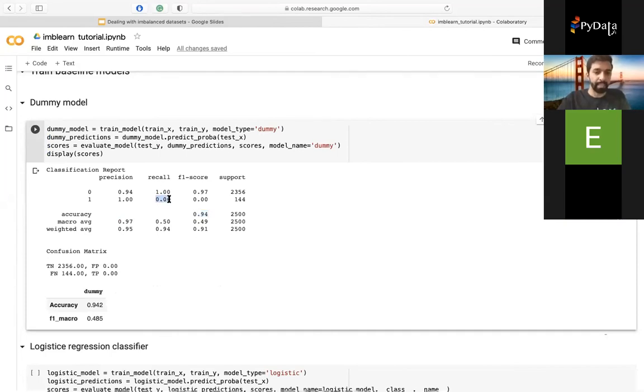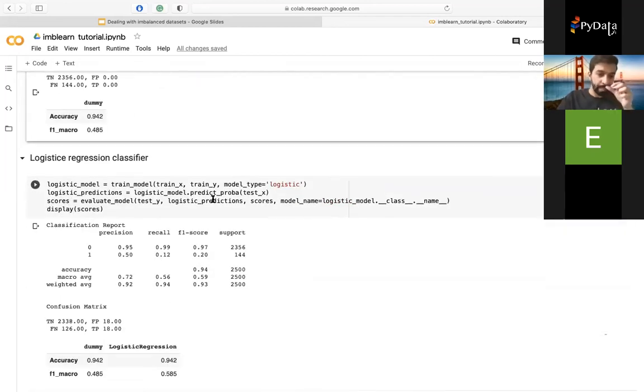And we see it has 0 recall. And precision is set to 1 because it's 0/0, so sklearn avoids this bug by just setting it to 1. We see the F1 score, it's 95 for the negative label, it's 0 for the positive label. The average is almost 0.5. So this is going to be a baseline. Anything worse than this is just a very bad classifier.